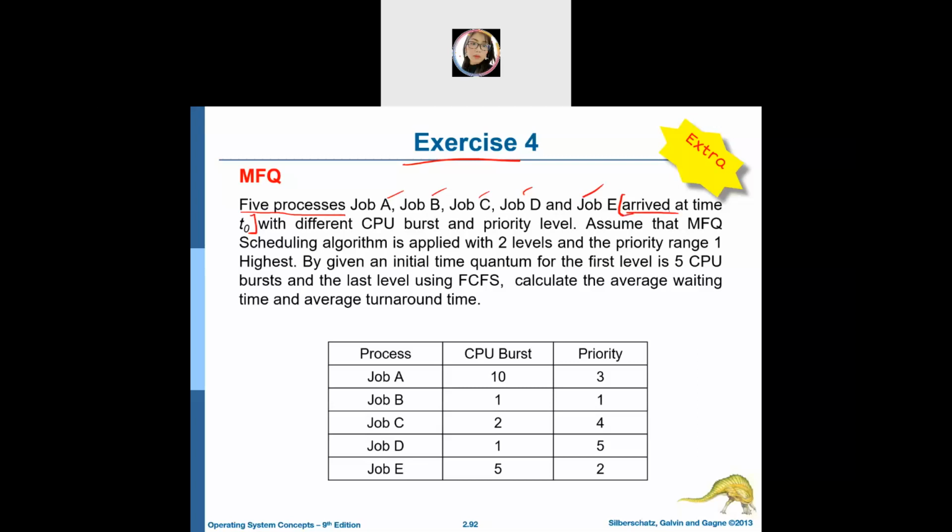It's going to arrive at time T0 with different CPU bursts. It's already mentioned here how much each job has, and the priority level as well. So you still remember the priority level. So you need to also mention,